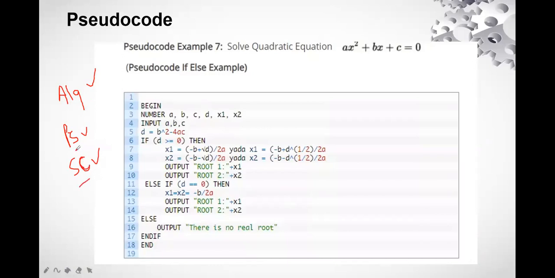But pseudocode is a structured code which gives you a feel of how the code will be implemented, but it is not written in any specific programming language, right? That is the difference between pseudocode and source code. So pseudocode lies between the algorithm and the source code.